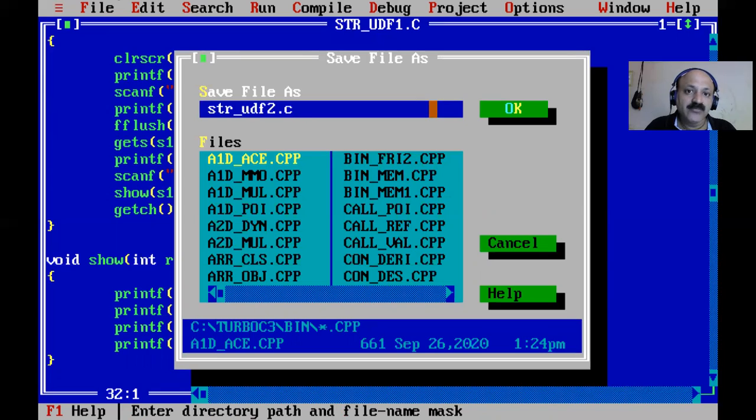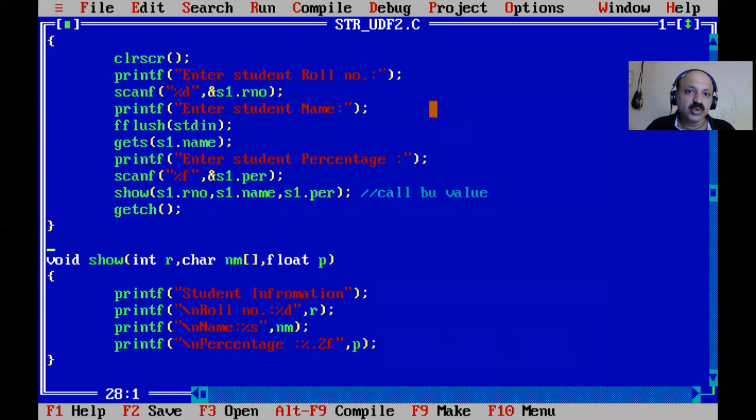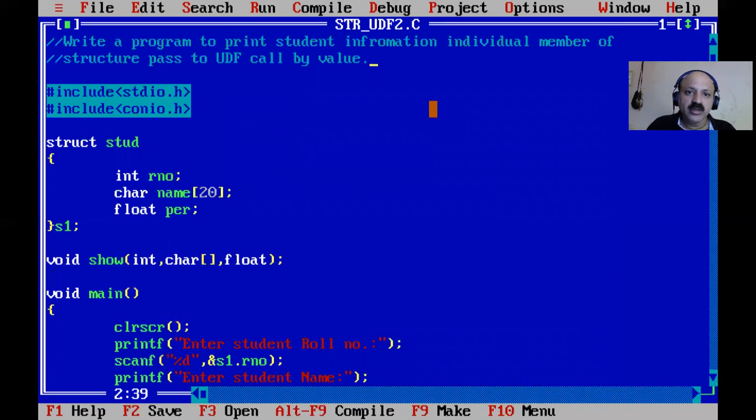But here in the UDF I change the technique, and that is the second technique, and you maintain both files. So call by reference, technique number 2. Here I change only to call by reference. You have to know call by reference: we pass not the value but the address. So we have to pass the address, and we can take a pointer. Here just the declaration is changed with an asterisk sign.